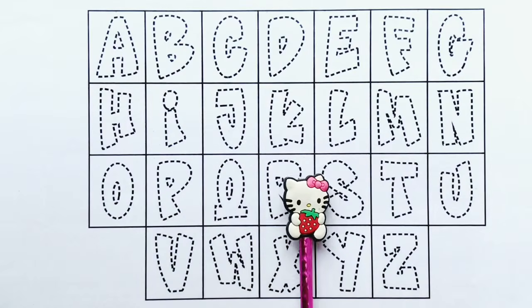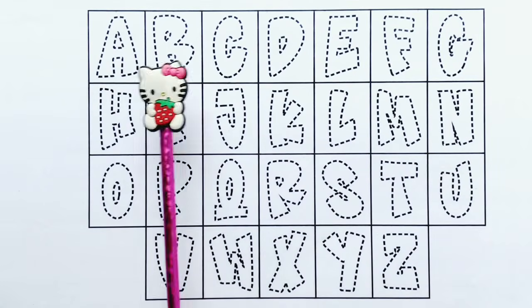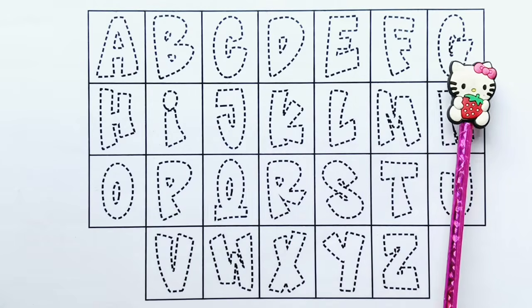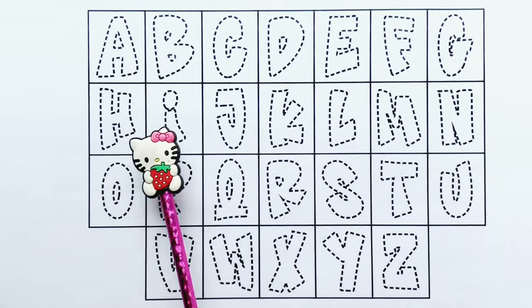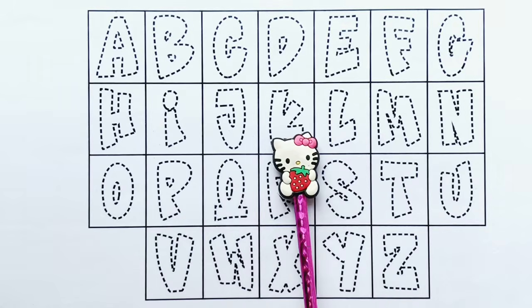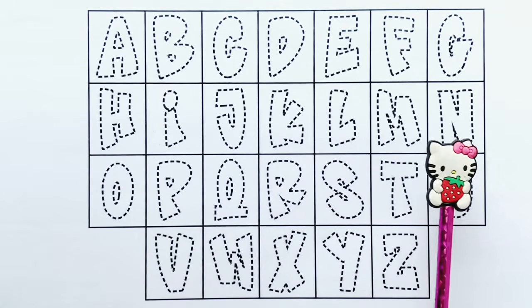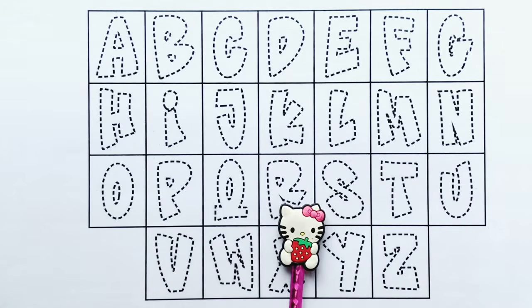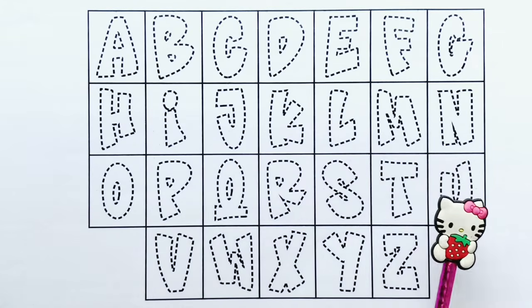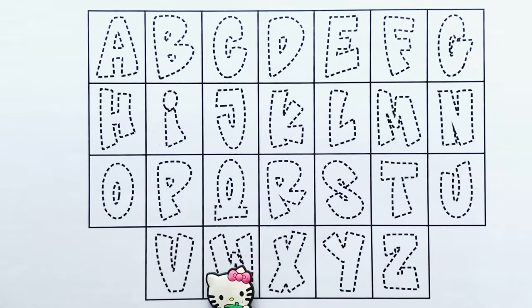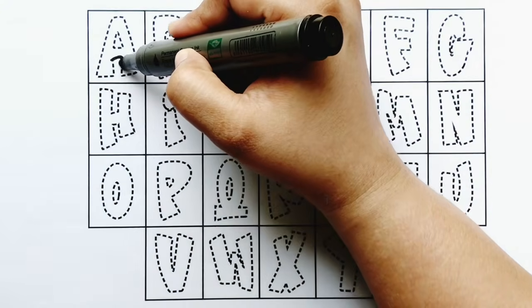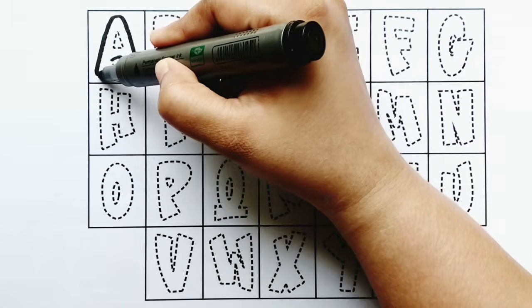Today I will learn how to draw uppercase letters A, B, C, D, E, F, G, H, I, J, K, L, M, N, O, P, Q, R, S, T, U, V, W, X, Y, and Z. Let's draw and paint. I draw capital letter A,